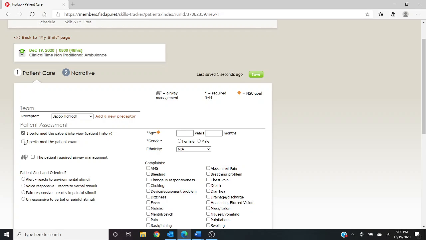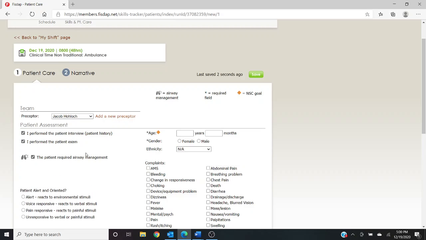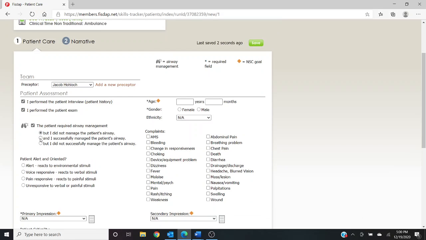You did the interview, you did the exam. If the patient requires airway management, we're always documenting only successful patient airway attempts. We're not documenting any unsuccessful. So if it took you more than one try, you don't need to document those unsuccessful tries. Their AVPU status, age, gender,